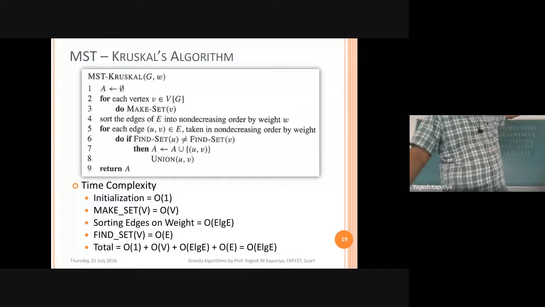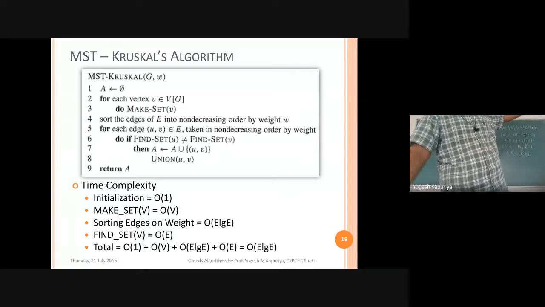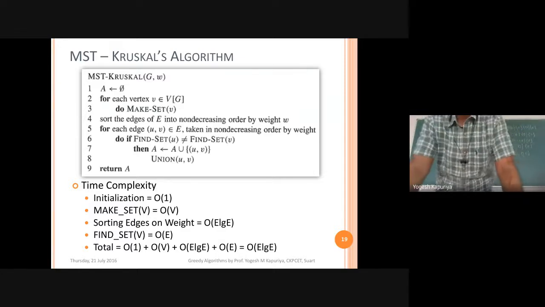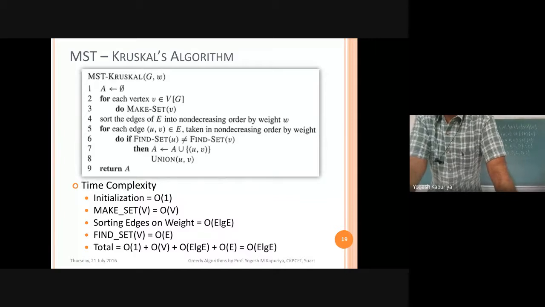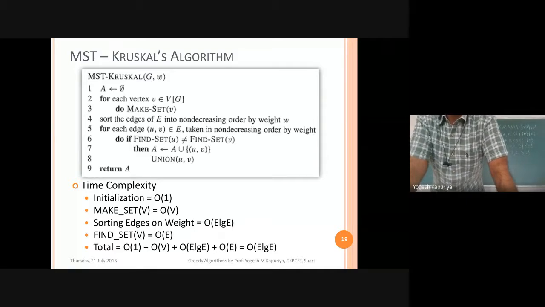We are not doing sorting inside. So the time complexity of the code between lines 5 and 8 is big O of E.